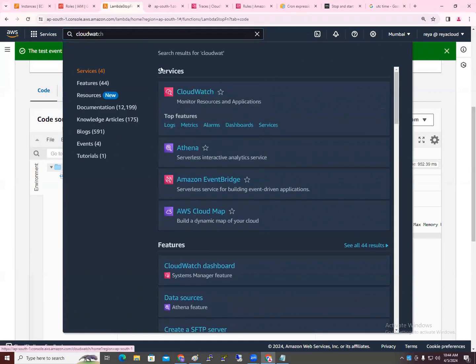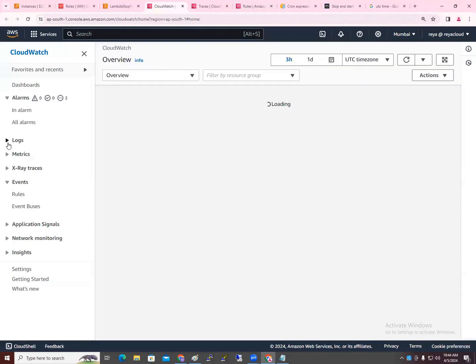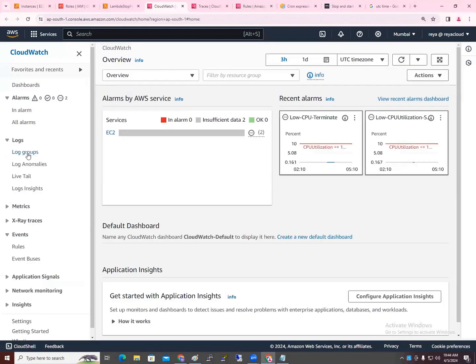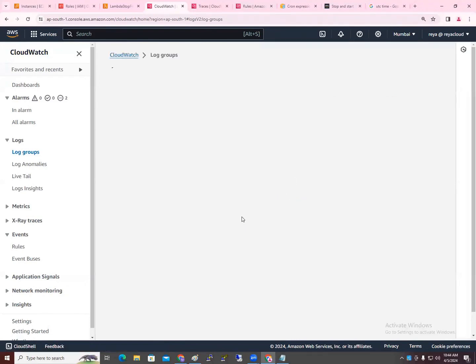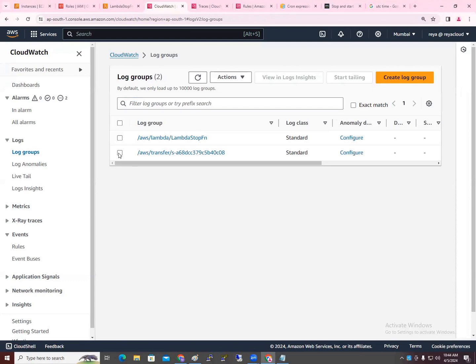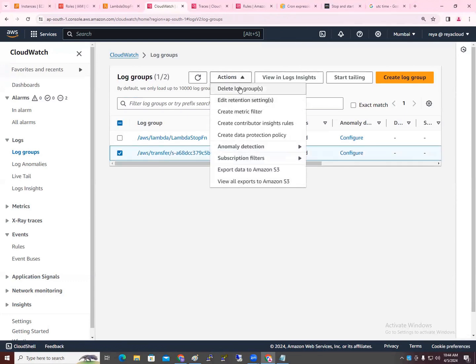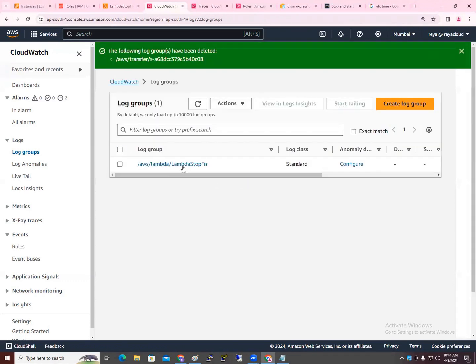Open CloudWatch. Where do you see logs? Log groups. Do you see this here? Lambda stop function. If you open it,